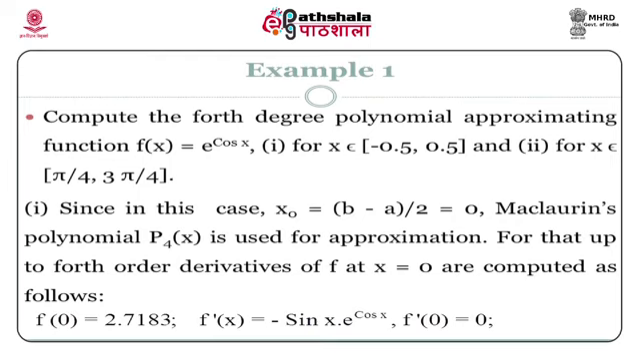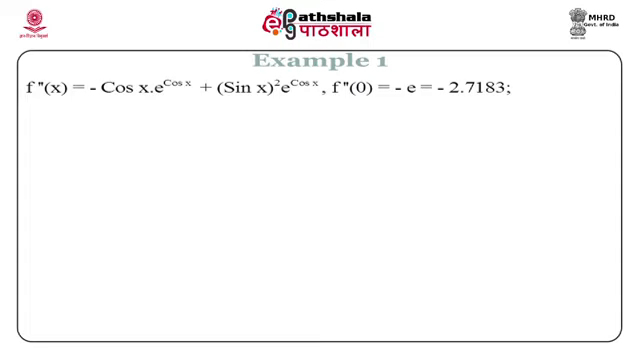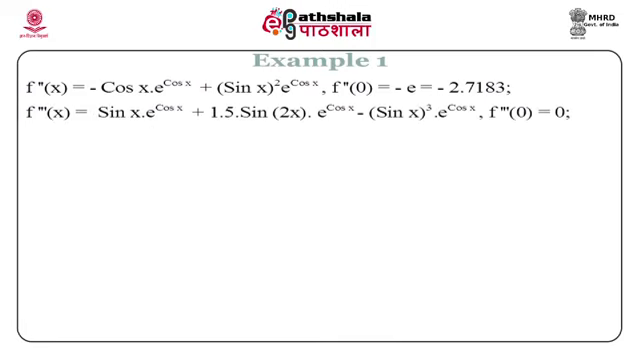For that, up to 4th order derivatives of f at x equal to 0 are computed as follows: f(0) equal to 2.7183, f dash x equal to minus sin x into e raised to cos x, and therefore f dash 0 is equal to 0. Then f double dash x is equal to minus cos x into e raised to cos x plus sin x whole square into e raised to cos x, and therefore f double dash 0 is equal to minus e, that is minus 2.7183. f triple dash x is equal to sin x into e raised to cos x plus 1.5 into sin 2x into e raised to cos x minus sin x cube into e raised to cos x,